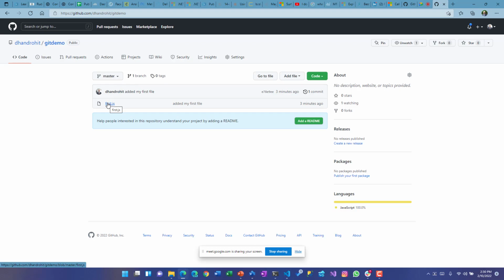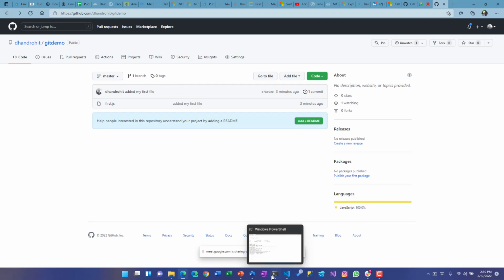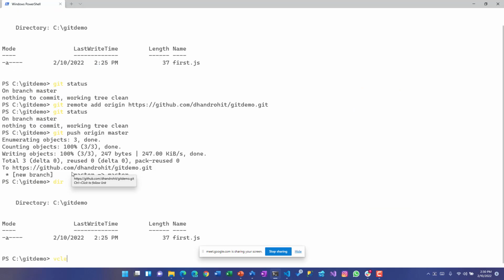Now, I'm again repeating it. Never ever create a branch on here. Never ever change any file, like open this file and start editing it. Never ever do this. You are going to get into a messier situation, right? So your single source of truth is my GitHub demo. This is the single source of truth. Whatever I'm doing, I'm doing it over here.